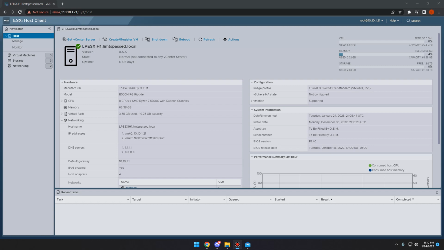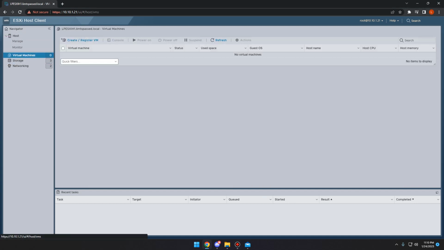In this video, I'm going to go over really quickly how to set up a virtual machine using ESXi, which is a Type 1 hypervisor that is provided by VMware. So when you first set up the hypervisor and you log in, you're going to come to this page here. If you click on virtual machines to the left there underneath navigator, you can then click on create and register